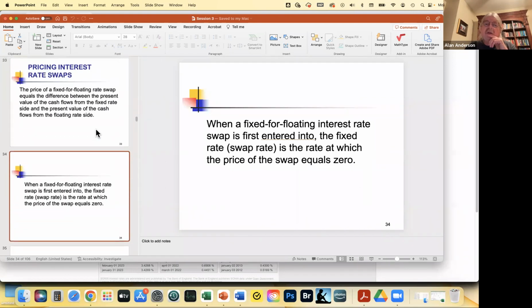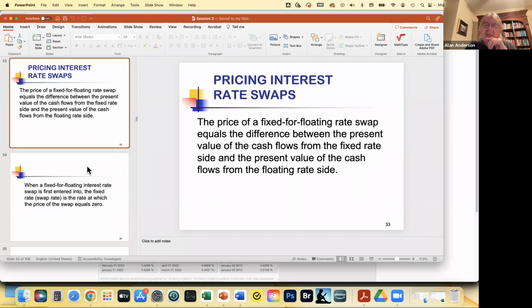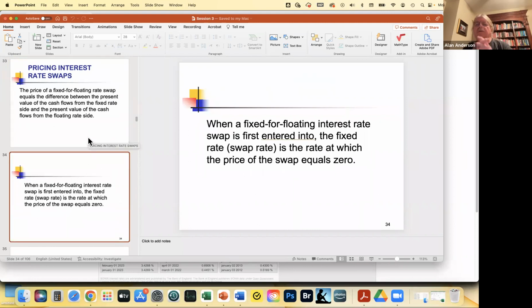By the way, when the swap is first entered into, the rates are not just arbitrarily chosen. The fixed rate is supposed to be the rate at which the present value of all